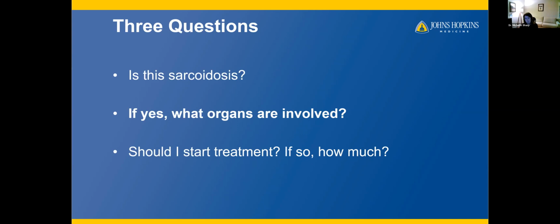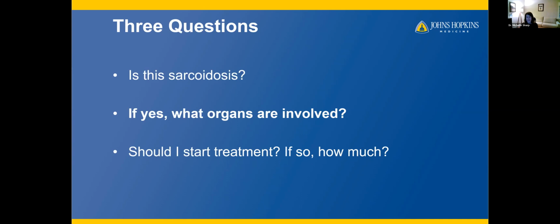Those individuals who go into remission, what they do is they flip the switch and they put their immune system back to normal. The individuals who don't go into remission, those are individuals who are likely going to need treatment if they have organ dysfunction, to control the level of inflammation so that it doesn't cause organ dysfunction.